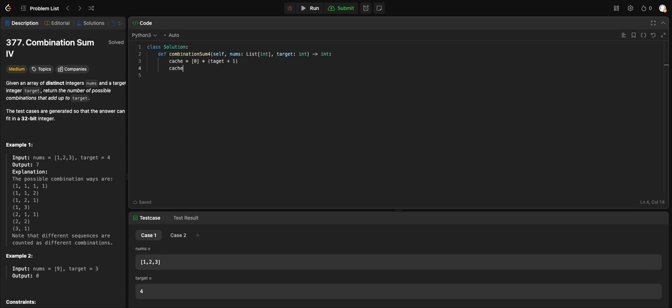Base case: cache at 0 is equal to 1. Then we start looping: for i in range target plus 1, and now for num in nums,